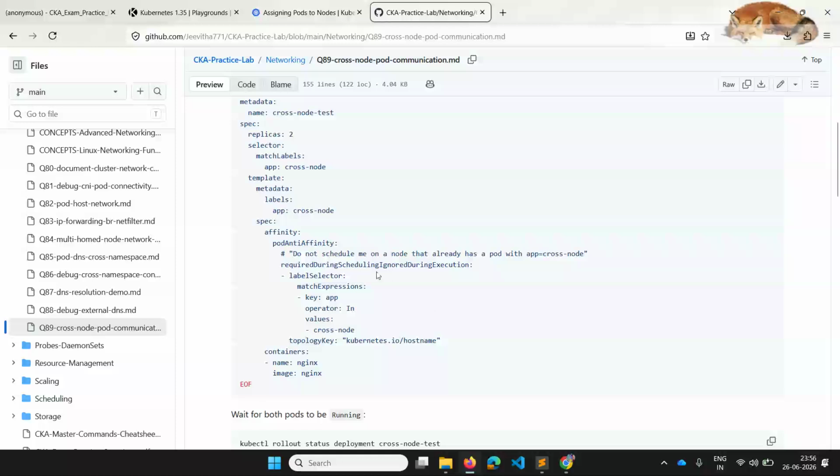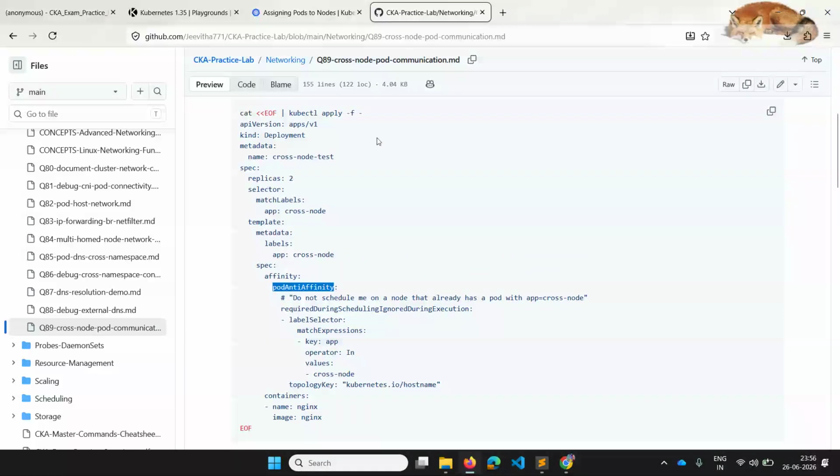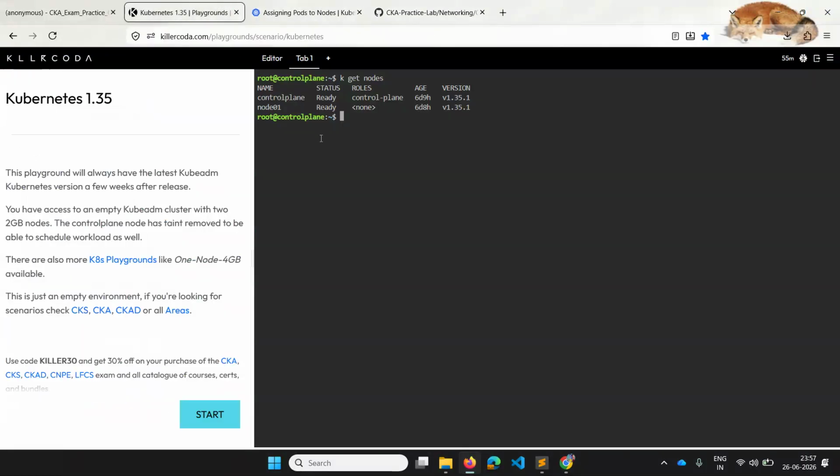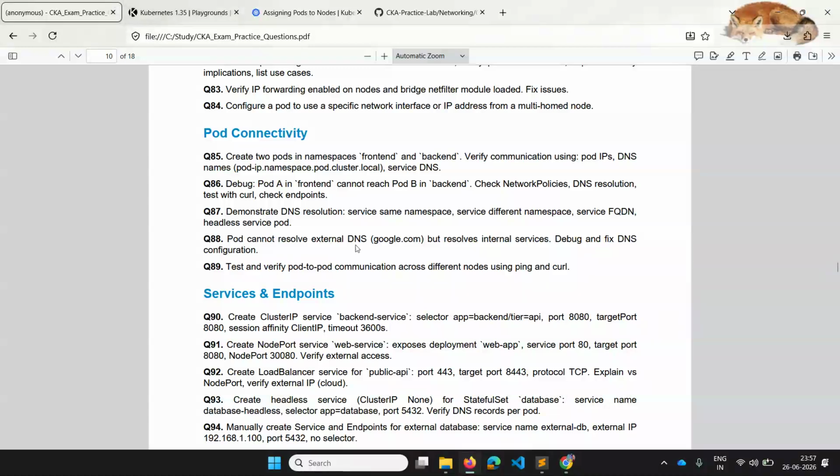We'll do that based on the label. The first pod which is created gets this label, and the second one also gets the same label, but my anti-affinity rule says that if the label is matching like this, I want to do an anti-affinity, meaning both can't be on the same node. That way I'll create a deployment. So don't take it as overwhelming. It's a very simple thing.